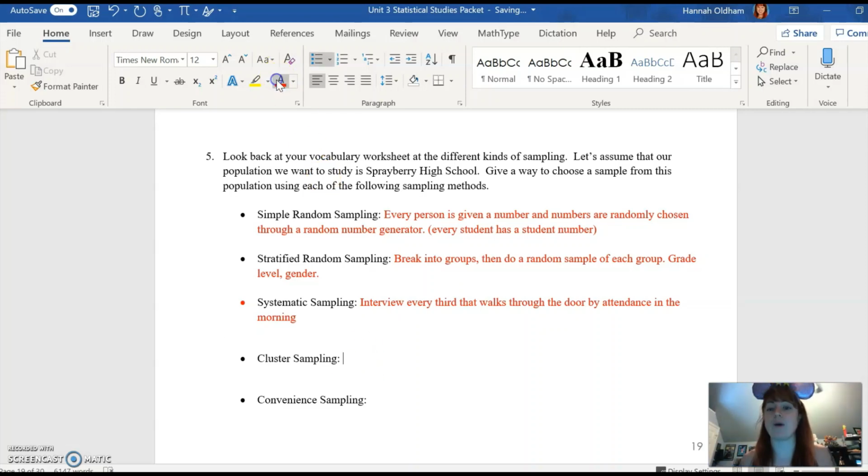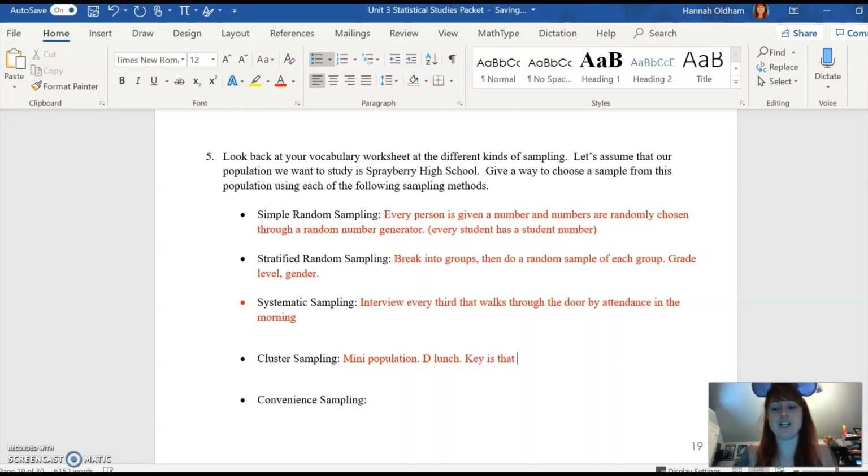Cluster sampling is great when you can do it. It's a mini population. So the idea is you find a place at Sprayberry where there are every different group: every grade level, every gender, every ethnicity, athletes, non-athletes, art kids, not art kids, ROTC and not, all the different groups. The best way to do that is a lunch. You know, like you could go to D-Lunch. In D-Lunch, you've got AP, Honors, Regular. You've got every single different type of group, and they're all there.